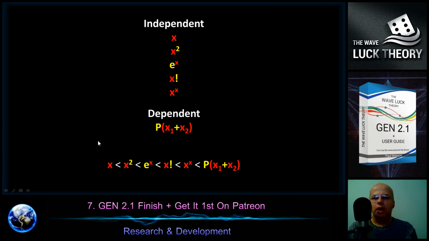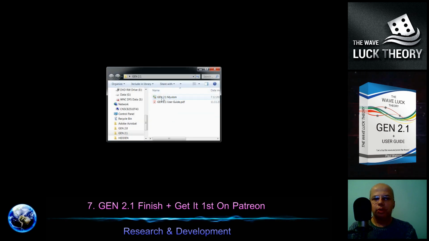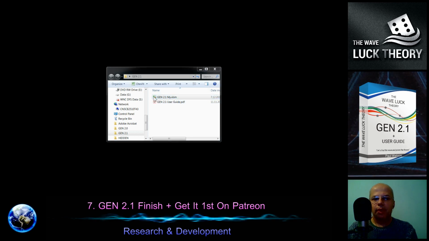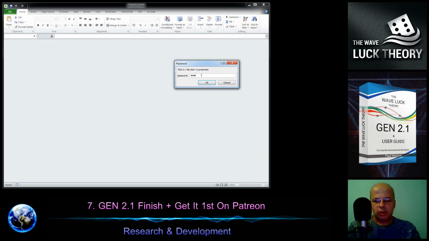So when you are taking from the upper one, it is the softer, and the lower ones are harder, and these ones are the middle ones. Now let me show the Gene in its final form. So we have the Gene 2.1 file and the user guide Gene 2.1. So I will open it, insert the password,